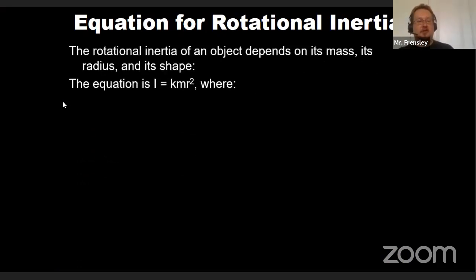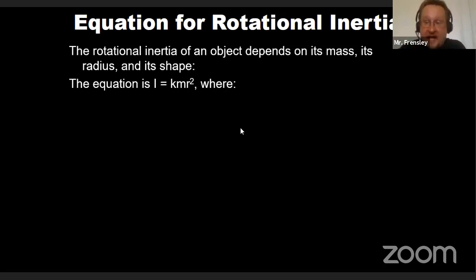All rotational inertias have the same form of an equation, right? So if you ask, what's the rotational inertia of a ring? I would say mass times radius squared. What's the rotational inertia of a disk? That's 1/2 mass times radius squared. What about a sphere? That's 2/5 mass times radius squared if it's a solid sphere. If it's a hollow sphere like a basketball, it'd be 2/3 mass times radius squared. So here, it's always mass times radius squared,